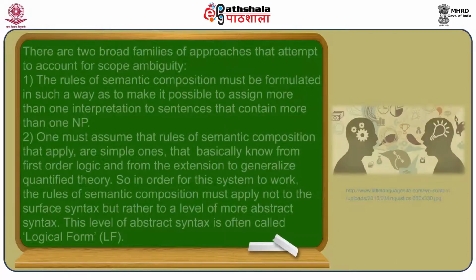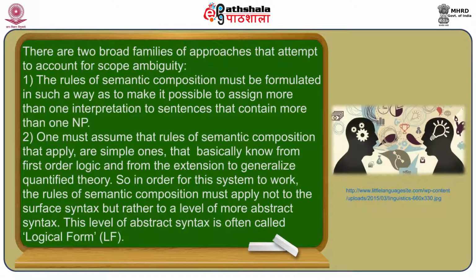What this means is you can't reduce one interpretation of the sentence to another interpretation. So you need to have an account that gives both of these interpretations differently. Now, there are two broad families of approaches that attempt to account for scope ambiguity. One assumes